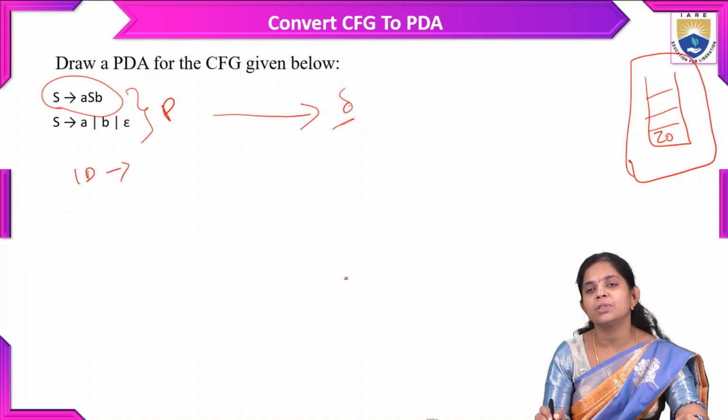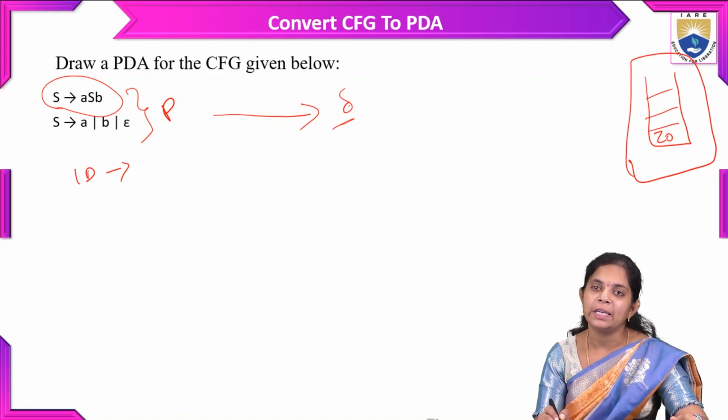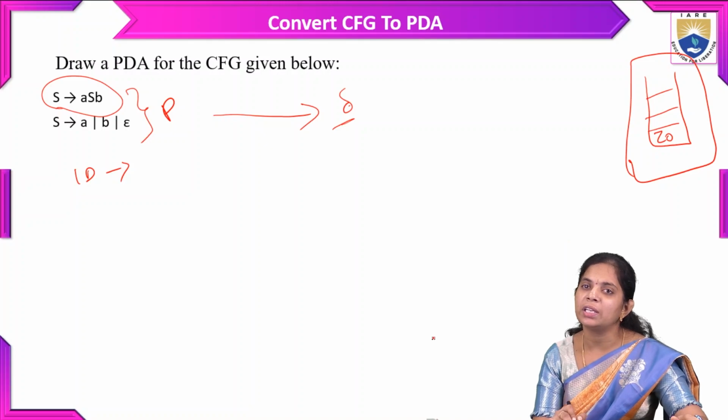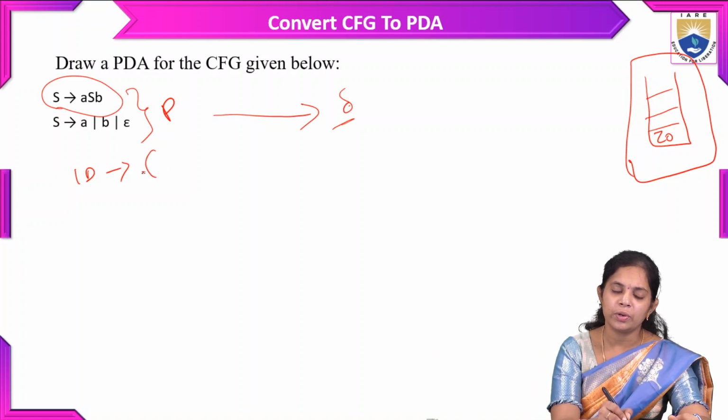Instantaneous transition functions of the pushdown automata are defined with the IDs, that is, the instantaneous description. So it has a three-tuple. So what is the three-tuple? Delta of